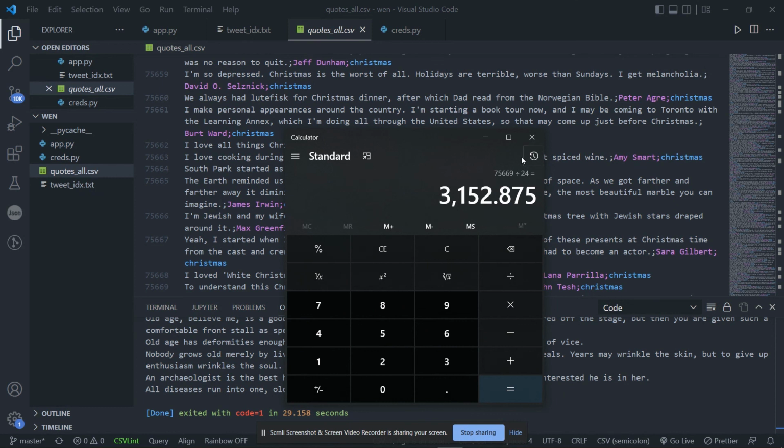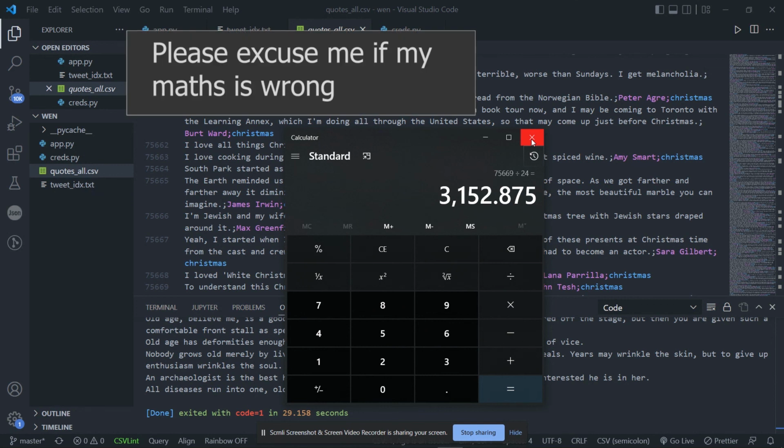So yeah, for 3,000 days, you're going to be having content to tweet. But then let's divide that by years. So 365. Okay. If my math is not wrong, this shows that you will be having content for 8 years,